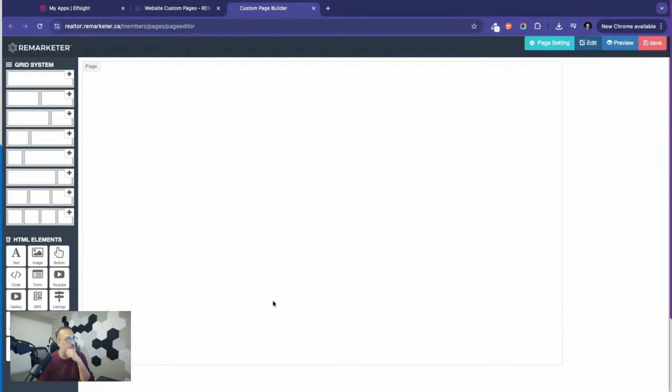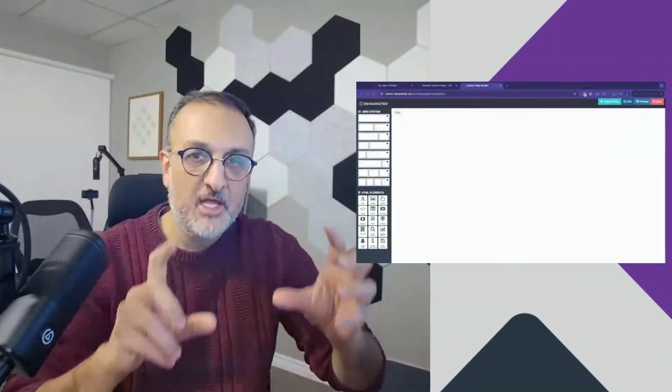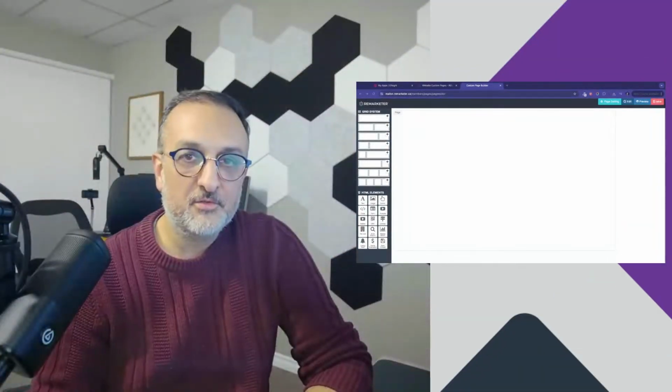what we have here are two sets of elements. We've got the grid system as well as the HTML element. So on every web page, there are two things that you need to configure. One is the layout of the page, so how the page is going to be laid out in terms of where the content is going to be